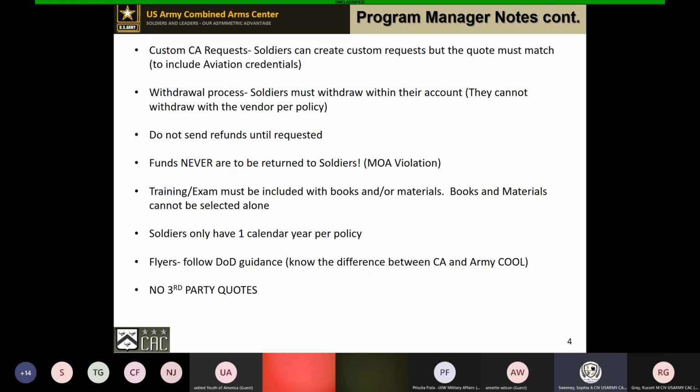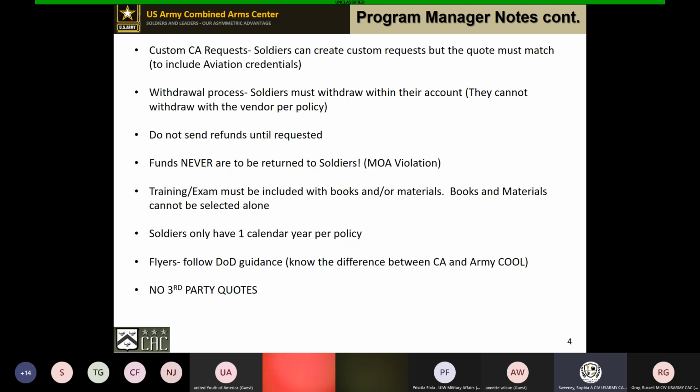Again, that's only if you wish to do that. If not, I know we're going to talk about quotes here shortly, but those can be adjusted. It'll still exactly match what's in Army Ignited, but you can add the reduction, or I'm sorry, the discount at the bottom. But we'll go through that when Mr. Gray goes through it.